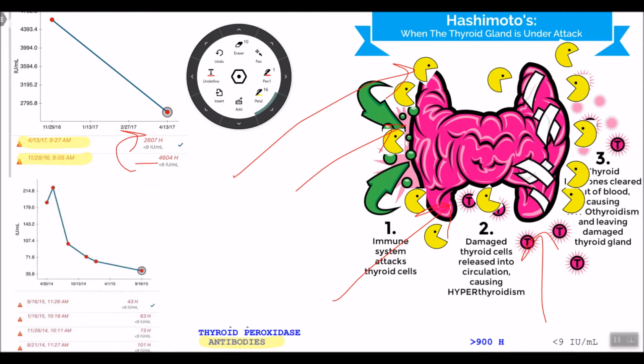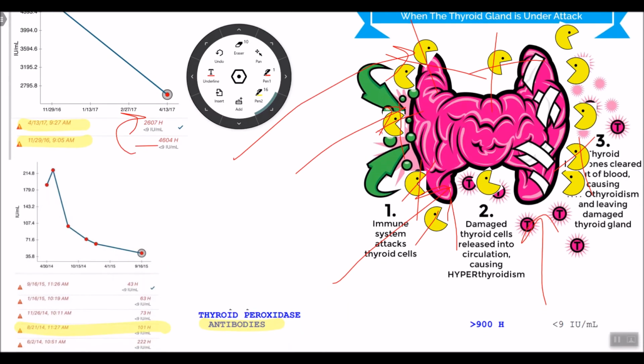So this is a huge reduction. So what are we doing with that lab? What we're doing is we're actually sobering up the immune system and eliminating some of these Pac-Mans on the thyroid, so the Pac-Mans aren't eating the thyroid all the time. Here's another one of my patients. This goes back to 2004. But you can see initially here, let me drive this up. Initially, she was 222. And each of these dots right here, you see these dots?